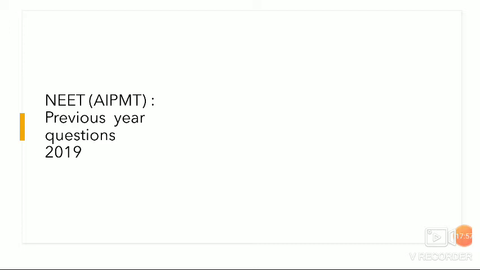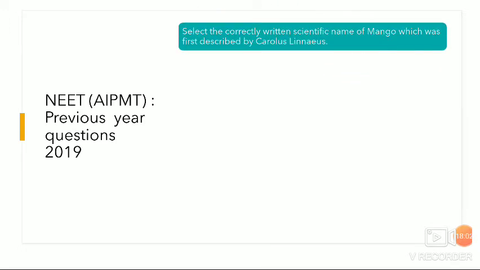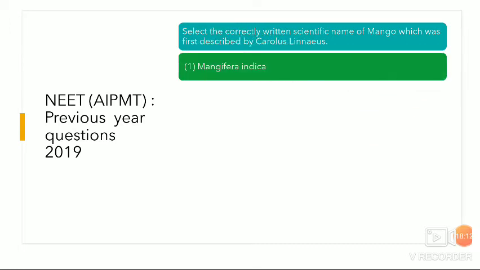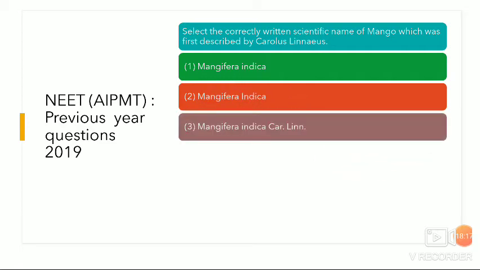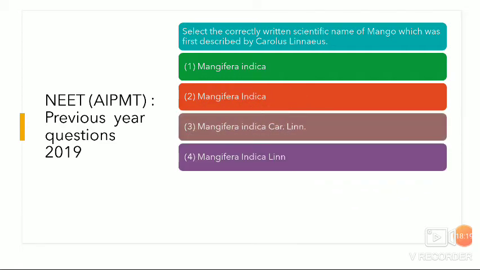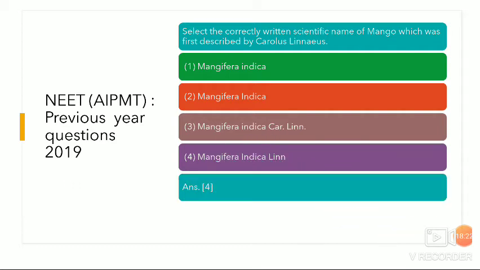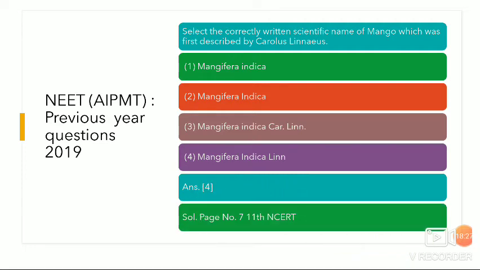So here we are talking about previous year questions. This is of the 2019. Select the correctly written scientific name of mango which was first described by Carolus Linnaeus. So these are how it can be written. Then we have to tell what is the correct option. So if we say it is the fourth option, as we have seen in previous slide, and this is directly from NCERT book. Then comes,